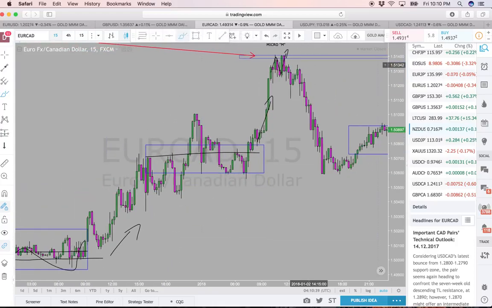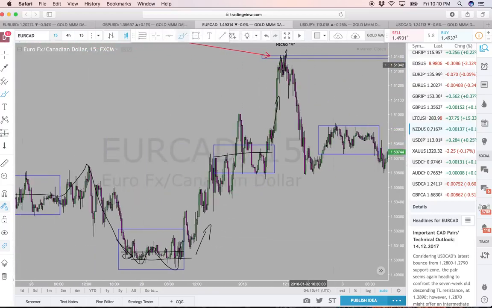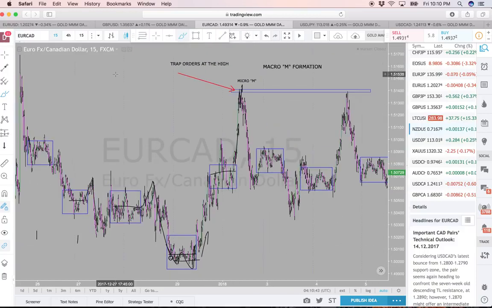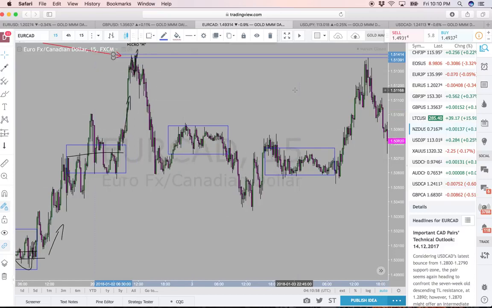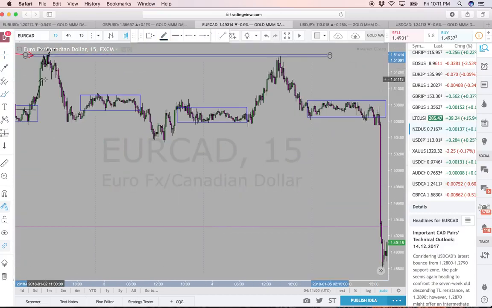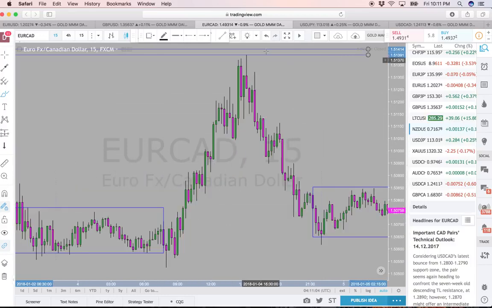Lots of retail traders bought that, and then were trapped in this blue range that I drew right here. So there are trap orders. The goal was to trap orders at the high around 1.514, and then since there are trapped orders above this high, they can make another sweep at the high, but